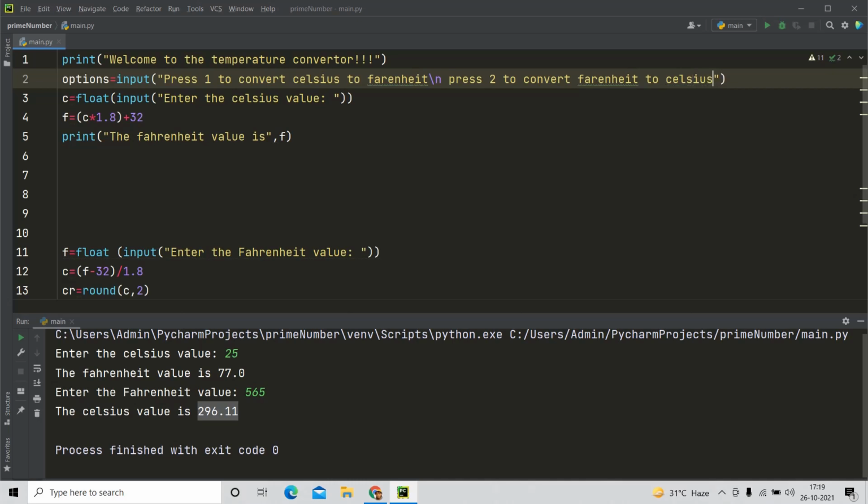Okay, I think it is okay now. Okay, the spelling of Fahrenheit. So we are asking the user to press any one of the numbers, either 1 or 2.